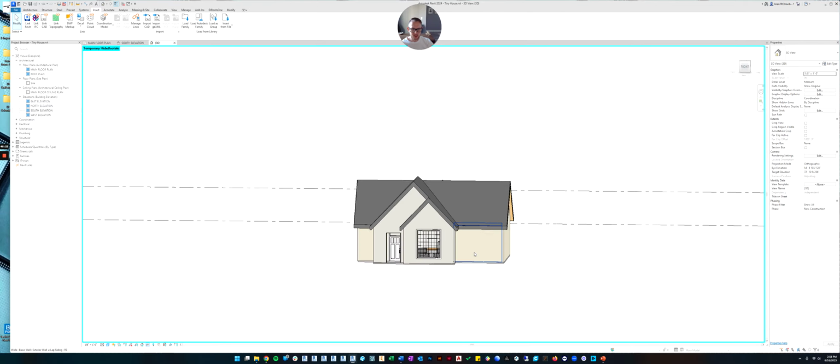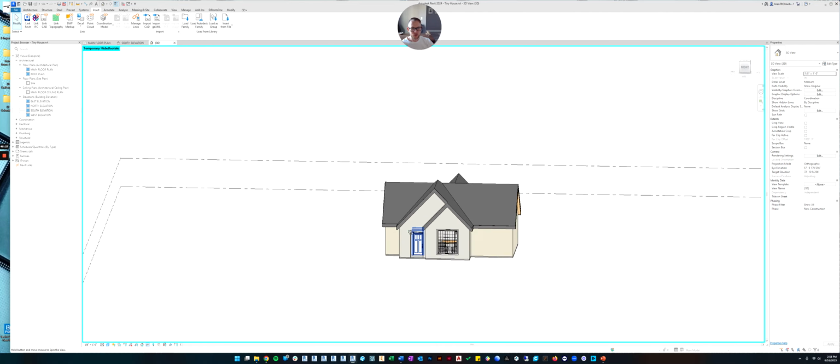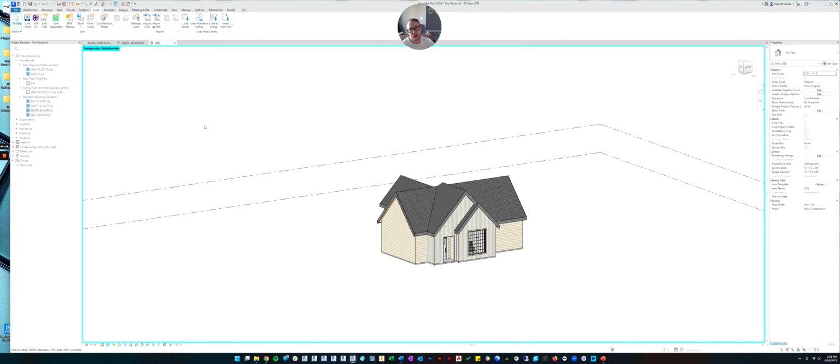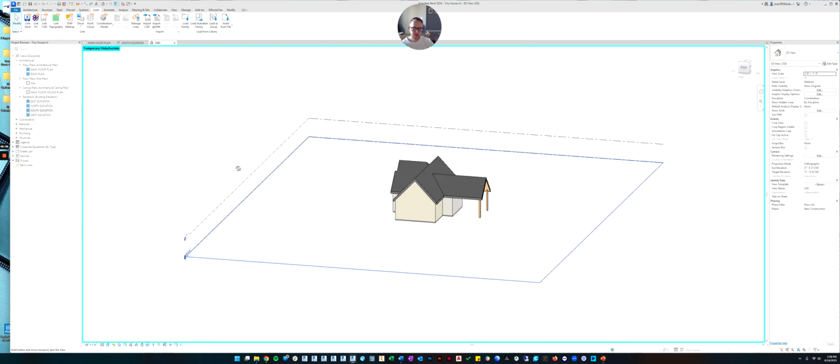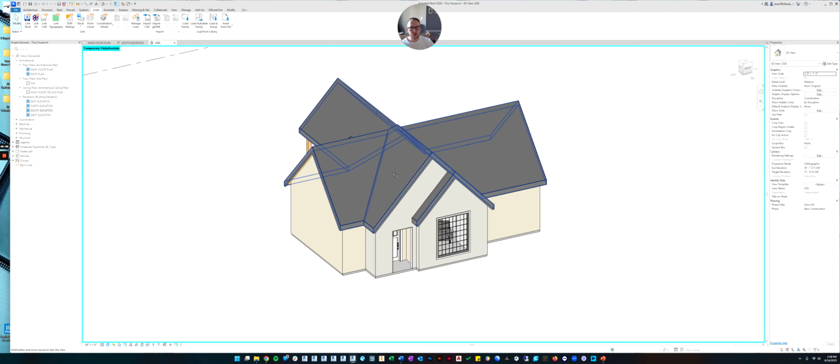And then you can continue around putting in the doors and windows around the rest of the house using the families that you can either get offline for free or from the Autodesk library, or use the ones that Slick has purchased for you. But that's about it as far as component families.